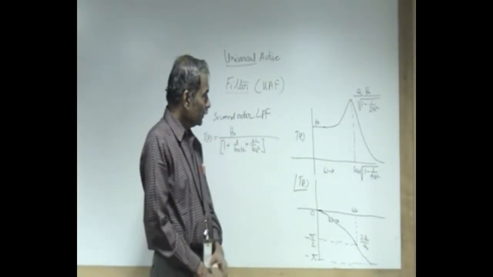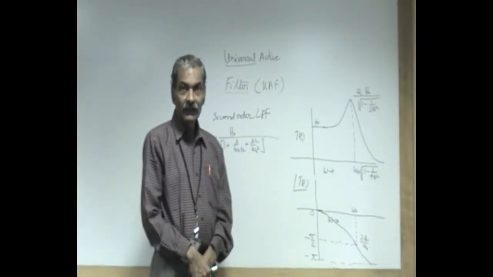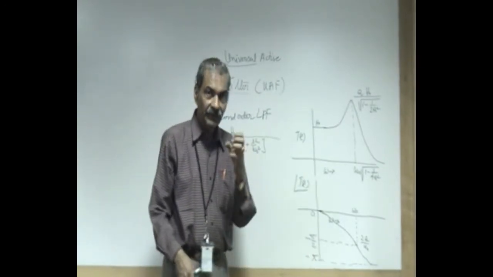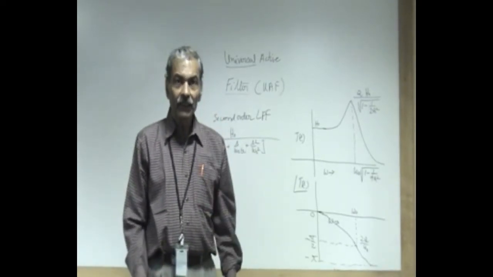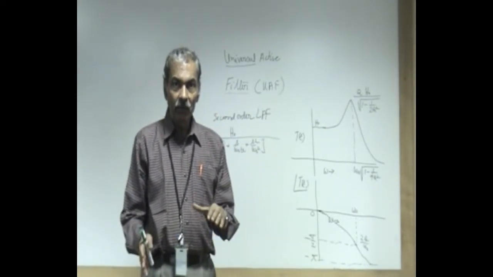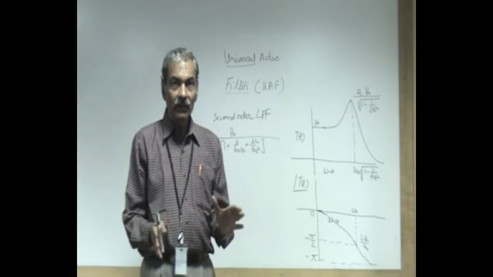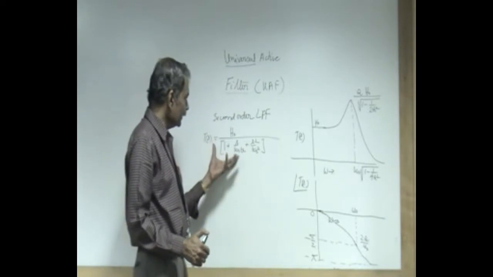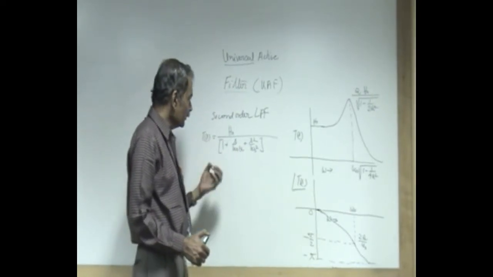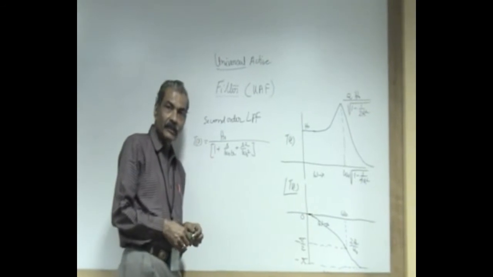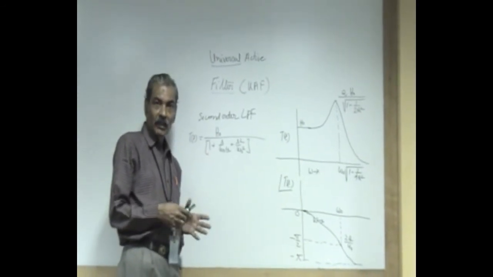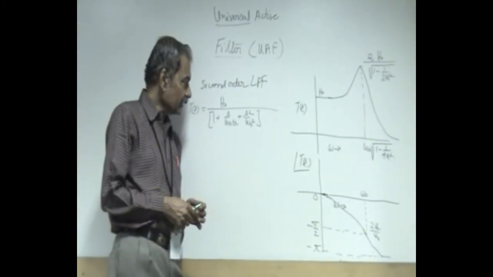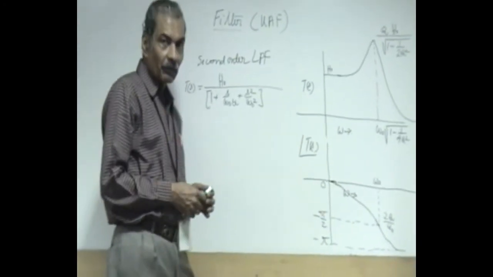Now that you have understood the circuit which can give us a general second order system, called the universal active filter because of its ability to simulate any second order function with poles always on the left half of the S plane and zeros anywhere on the S plane, such a transfer function, once created, lets us study the various outputs like low pass filter, band pass filter, band stop filter, and high pass filter. Let us first consider the low pass filter.